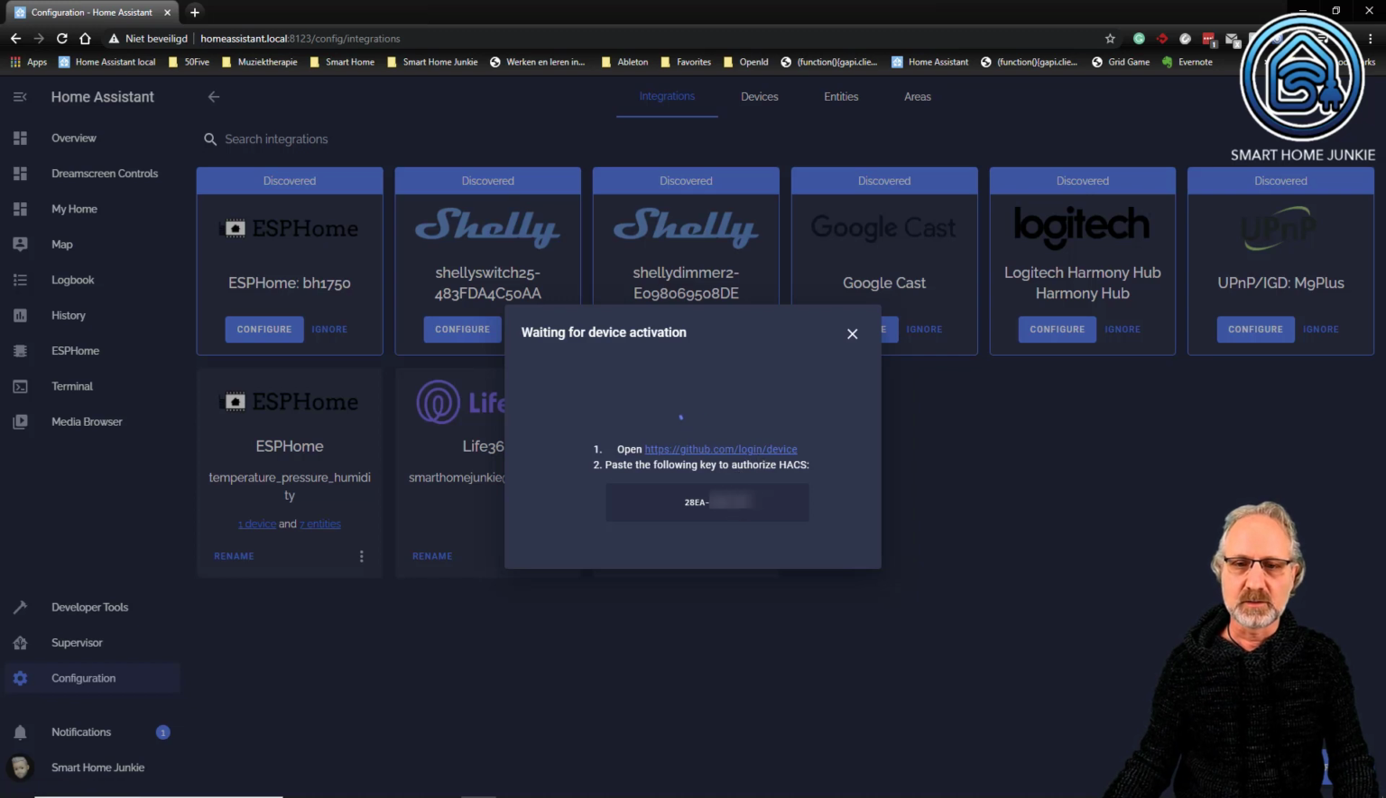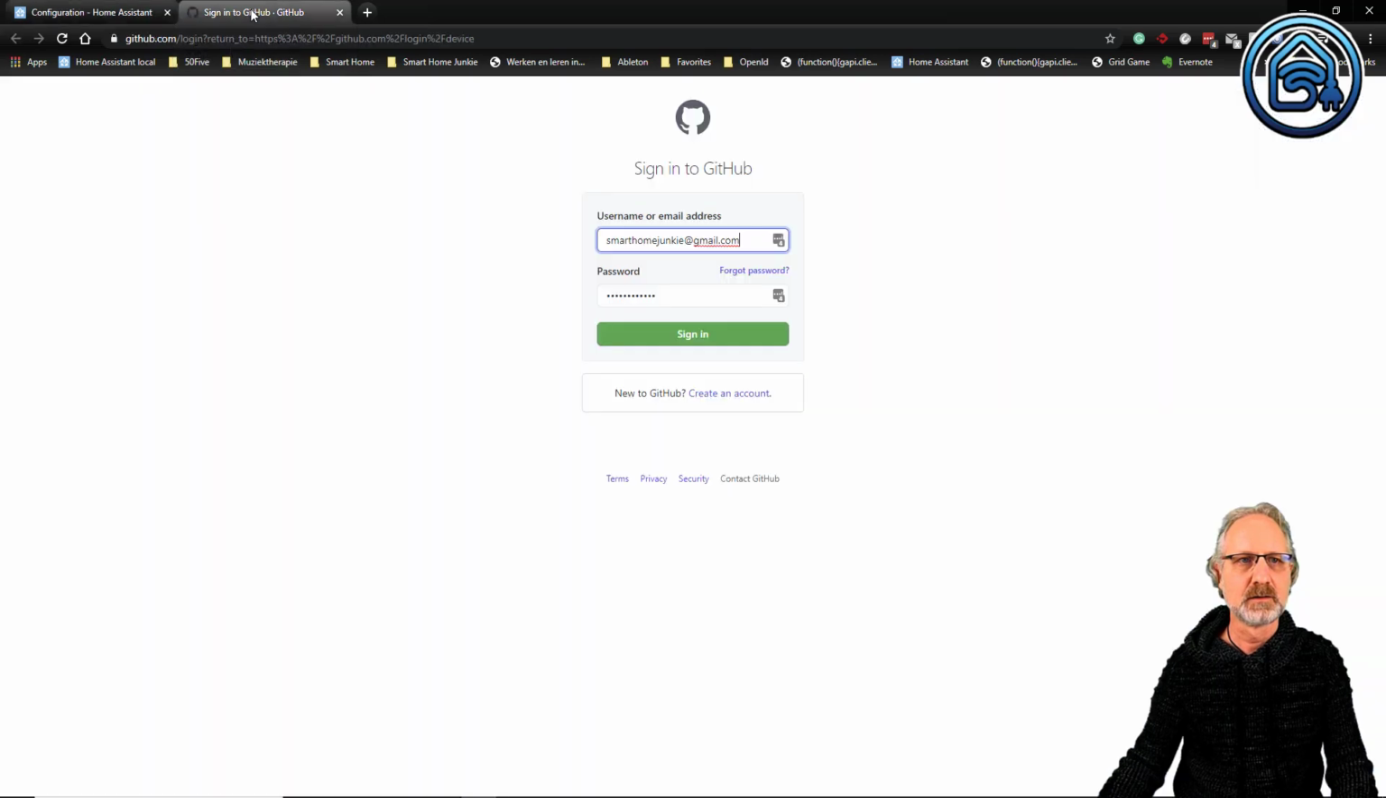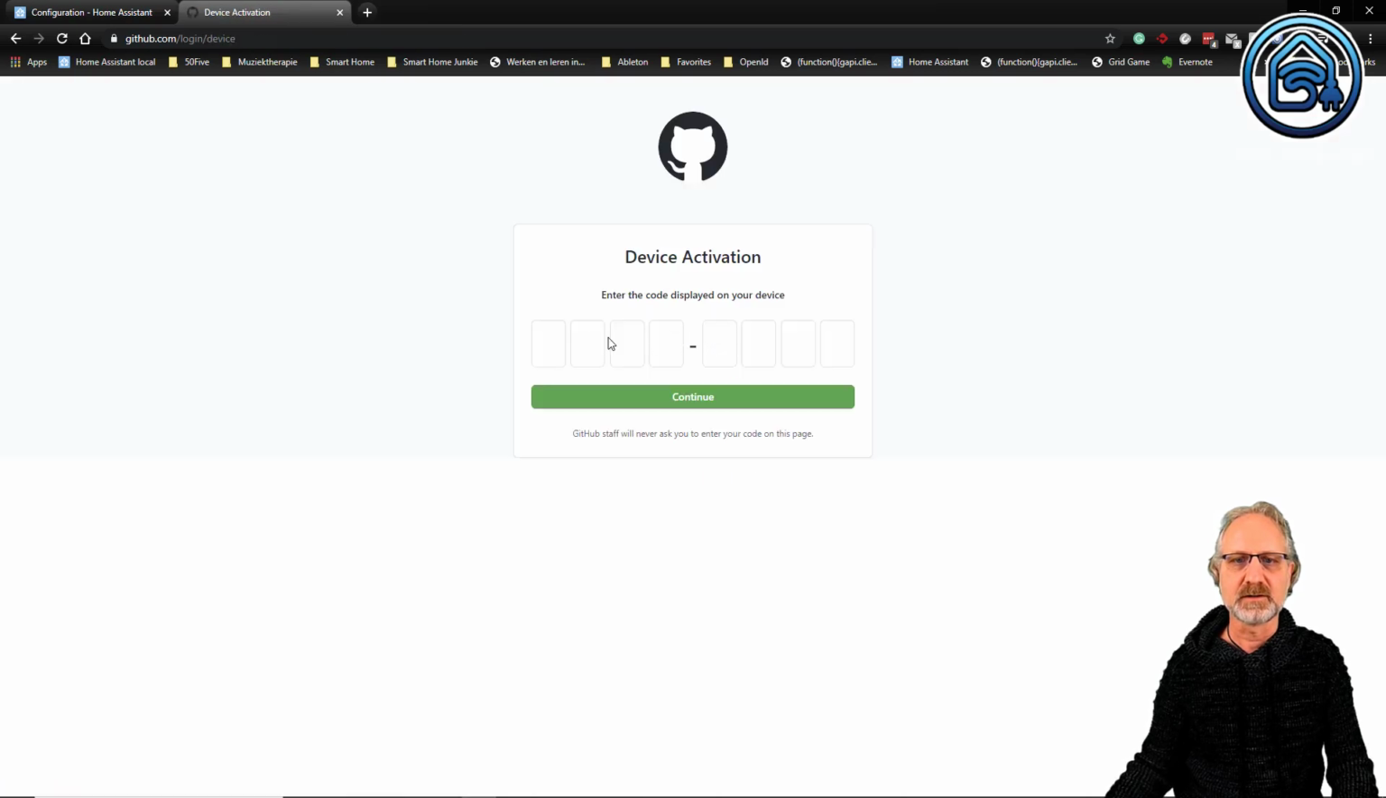But we are going to go to this link, github.com/login/device. And now it's asking me to log in. I already have a username and email address, so I'm going to sign in. And now it's asking me for the code that Home Assistant provides me. So that is